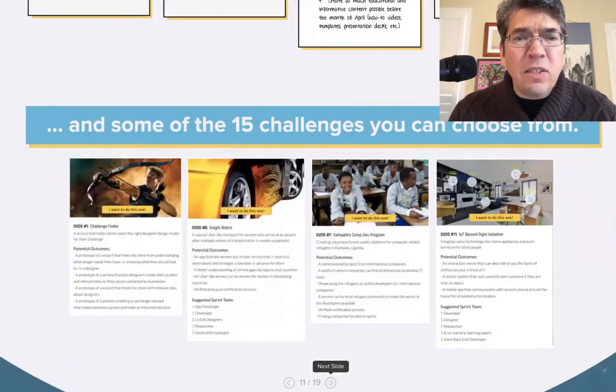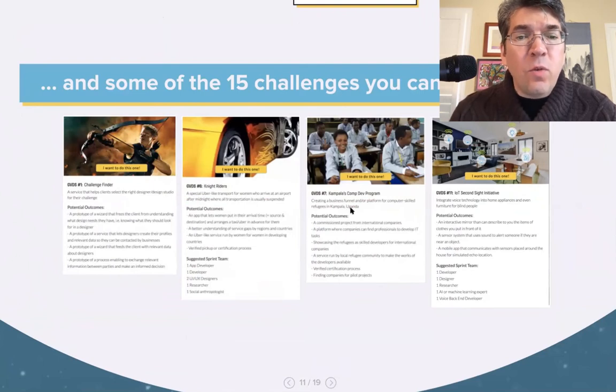I'll give you a taste of the challenges that are coming up. These are 4 that have been somewhat popular according to the analytics. Being able to choose the right challenge: a service for women at night coming out from the airport. They want a safe drive and they just don't want to use an Uber driver. There's the idea that there could be a service for that.